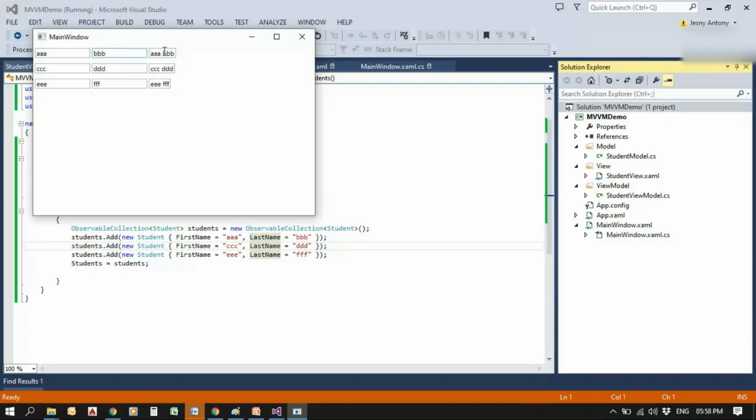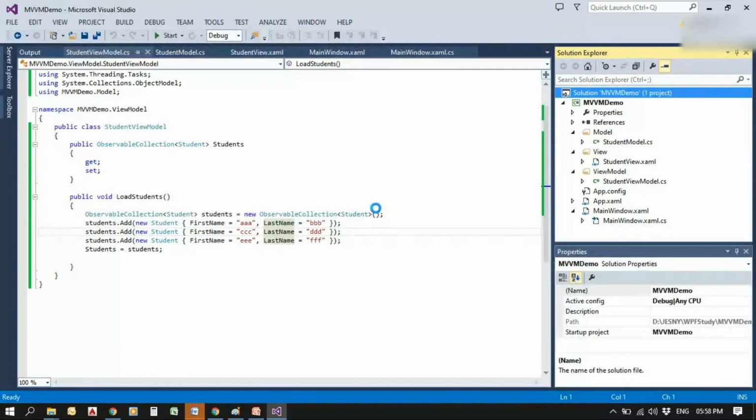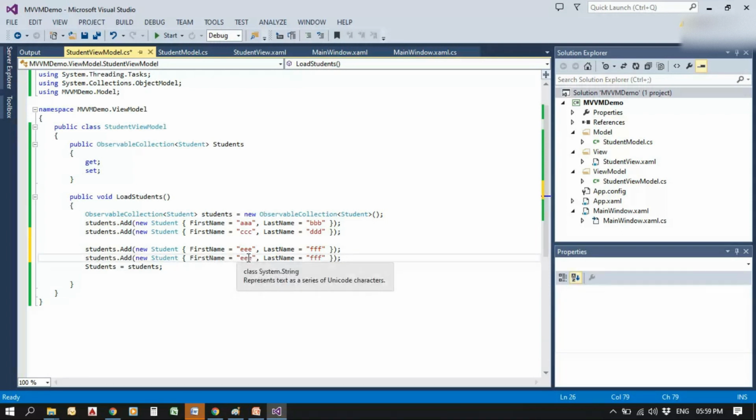So start the solution. We can see we have given three students' names, first name and last name, and the concatenated values in the third text box, which is full name. So if we want to add one more item, we can add a student, copy that same line and write it over here,